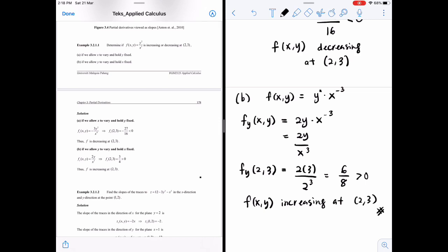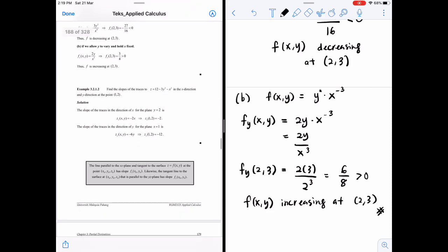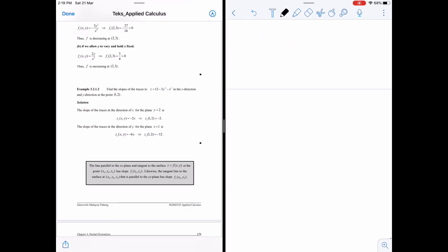Okay, because the first derivative always represents the slope or the gradient of the tangent line. So if the gradient of the tangent line is positive, it means our function is increasing, while if the gradient of the tangent line is negative, it means our function is decreasing. Okay, so let's move to another example. Let's do example